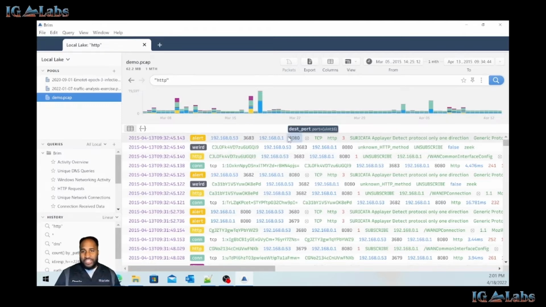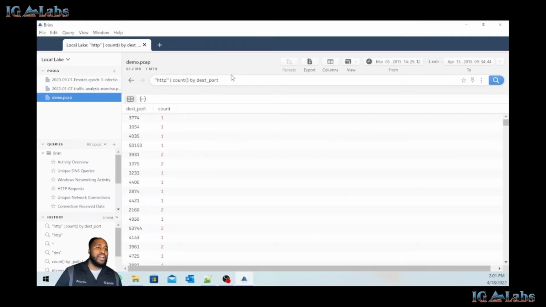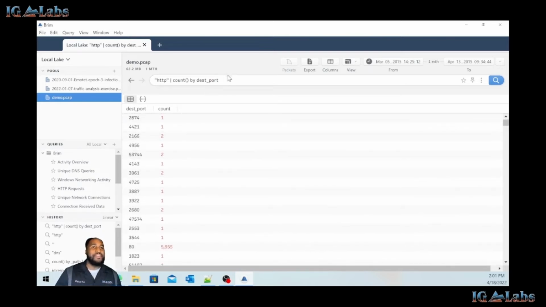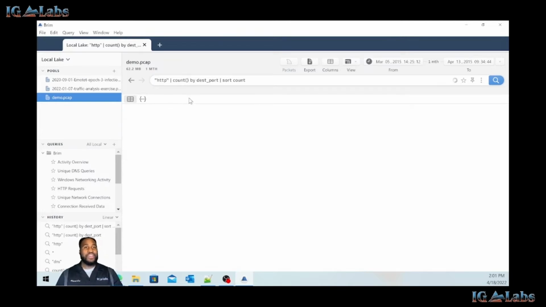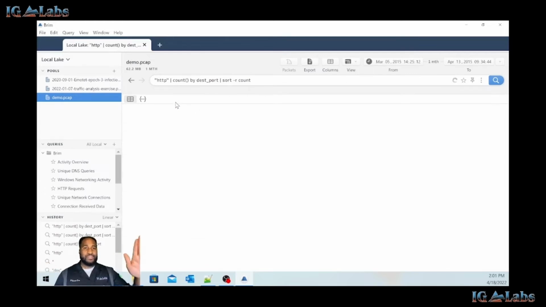And if you wanted to get adventurous, this is your destination port. So let's right click and do a count by that field. And what's really awesome about this is I'm right clicking and doing this, but it's literally building out this query language as I just right click and go through it. Then let's sort this again. And as I sort this, you can see it's still building onto that query, but I want to sort it so I see where the most